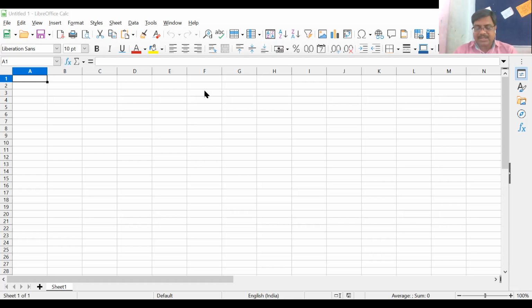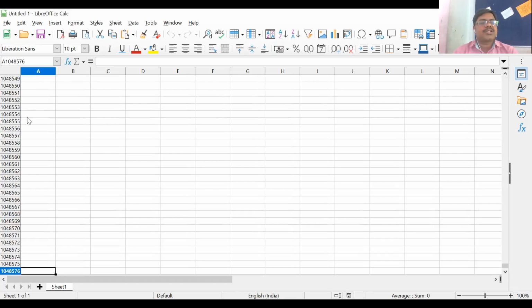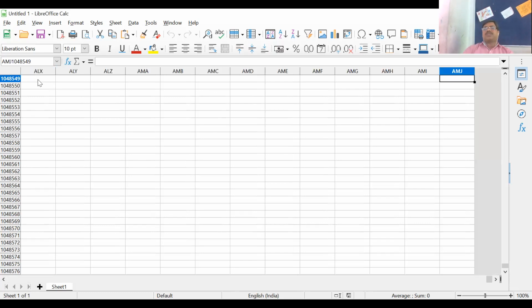You can see the last one showing 10 lakh 48,576. That is your number of rows. You also have the number of columns: 1024 columns. The last column is AMJ.